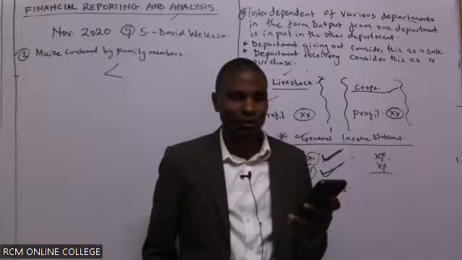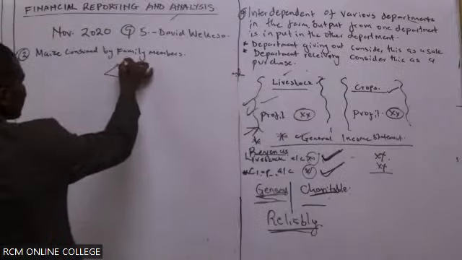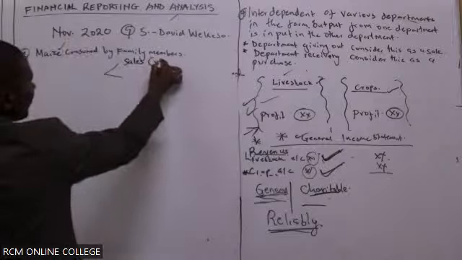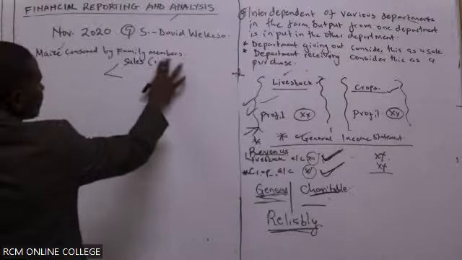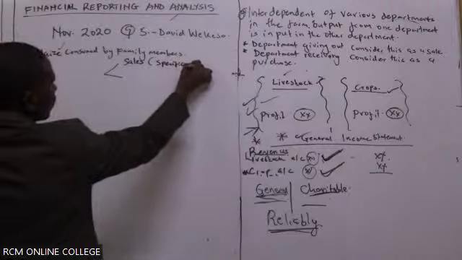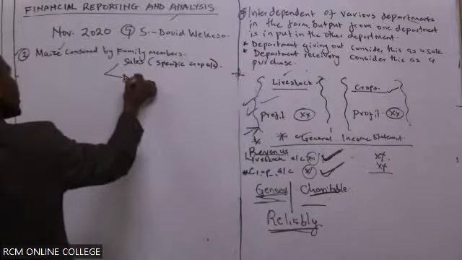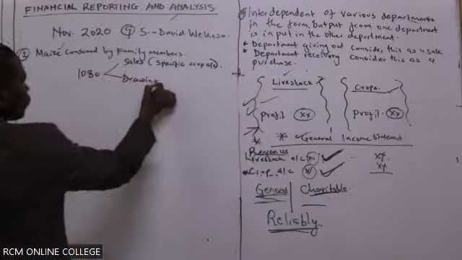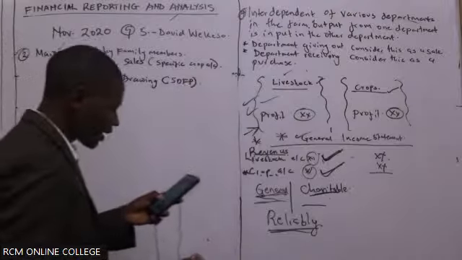Just as you have used revenue, it goes to crop. So this one will be a sale. It is maize under the relevant account, specific crop account or department. Then drawing that amount, the 1080, drawing to the statement of financial position. I'm done. I go to the other item.